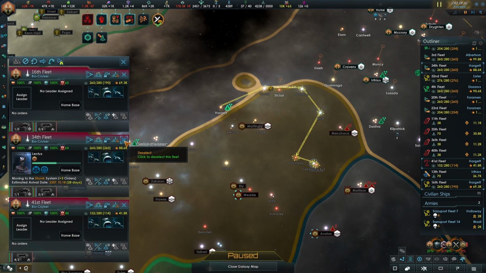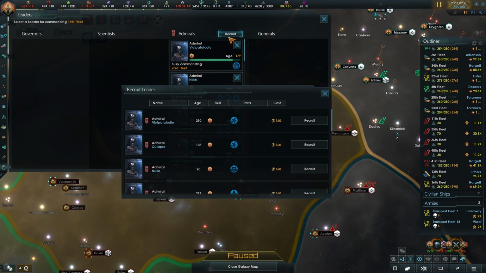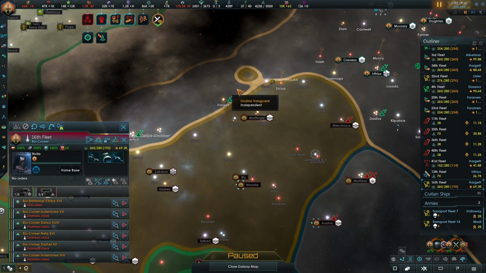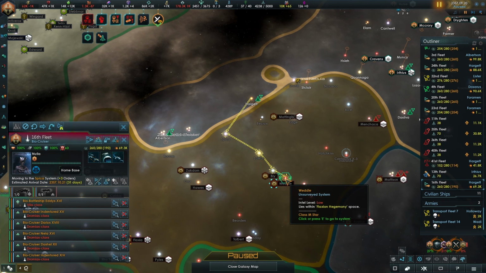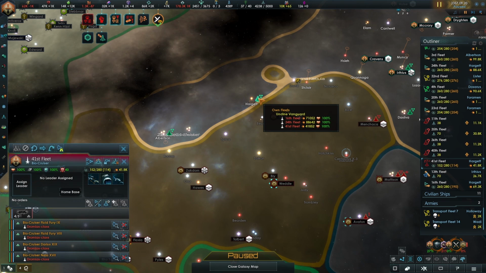Let's go for 16th Fleet now. And you need an admiral, so let's recruit you. You're young. And let's go like this. Attack. Something like that. And then the last fleet...